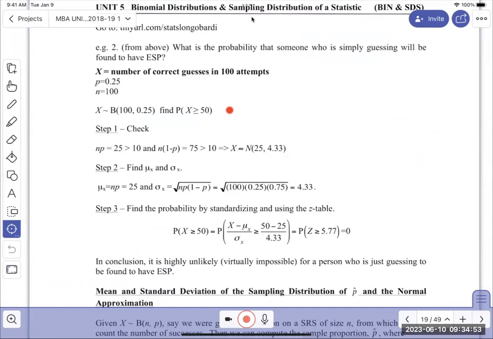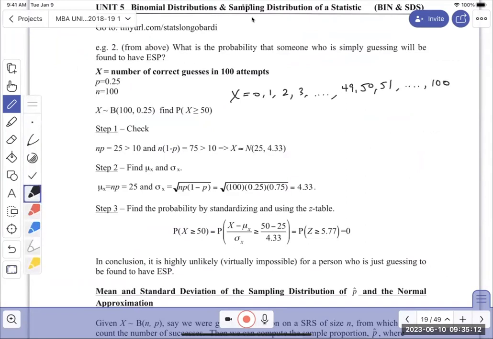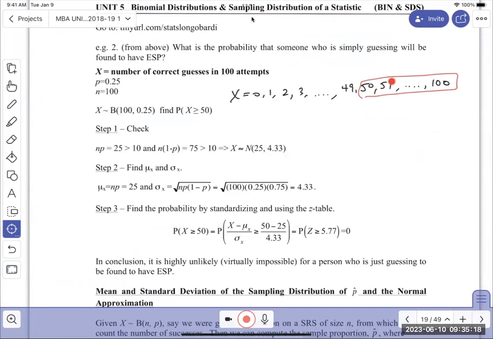In this case, for the problem of ESP, rather than saying x equals 0, 1, 2, 3, up to 49, 50, 51, and having to compute and sum up all of these, rather than doing that,